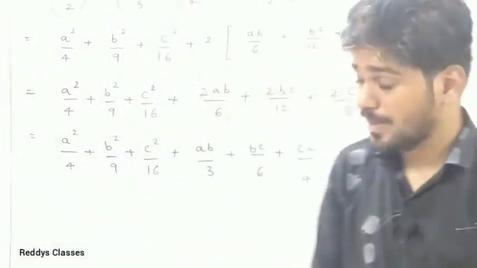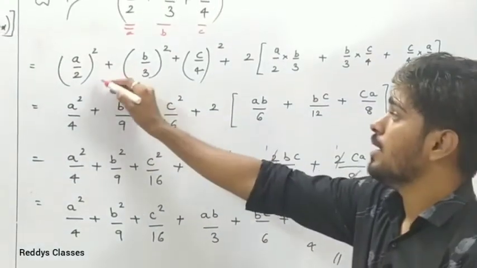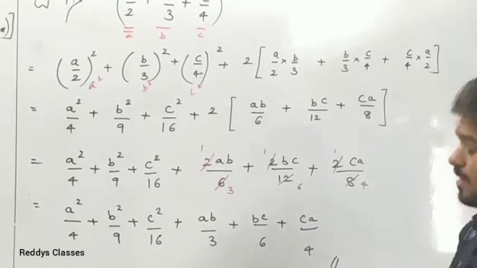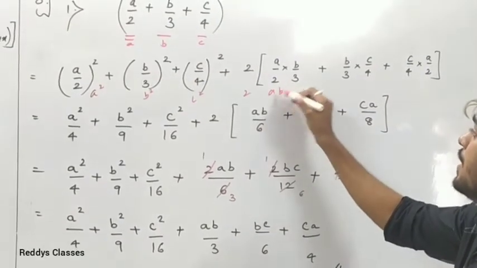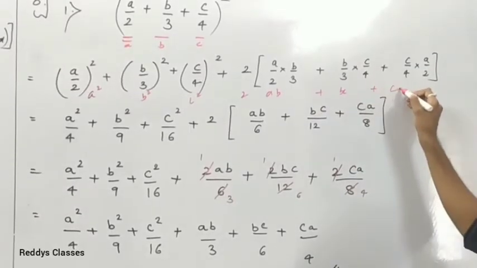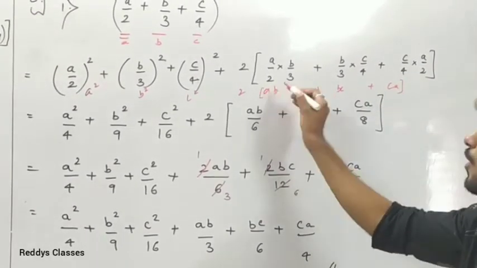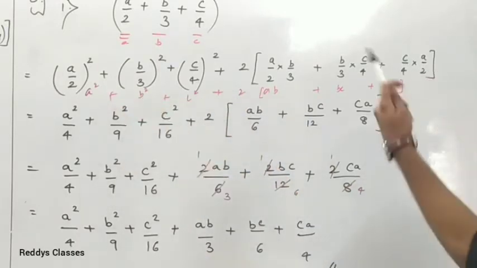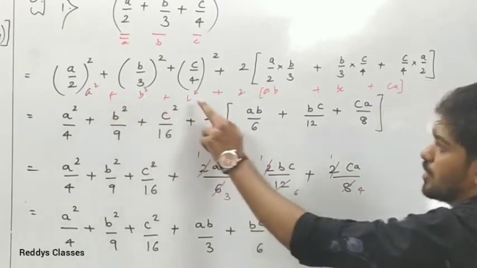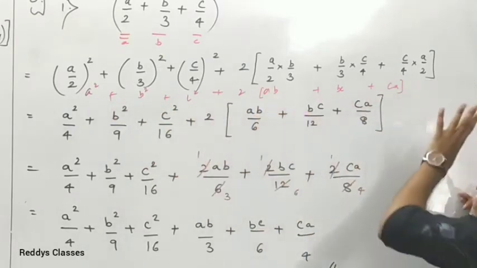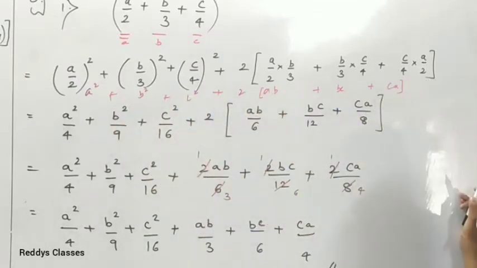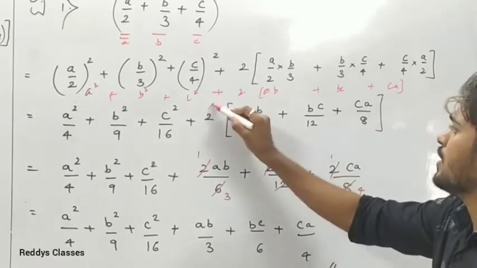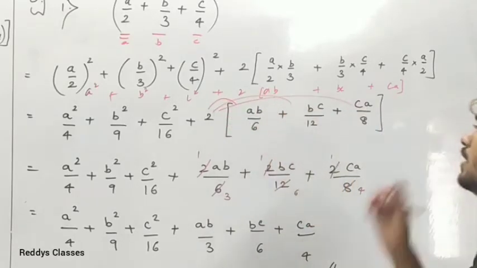Look at here what has happened here. First of all, we use the formula for a square plus b square plus c square. Then we have 2 into ab plus bc plus ca. Okay, this is the actual formula that we used here. Always we use this formula for fractions also, the same formula, a square plus b square plus c square plus 2ab plus bc plus ca, and so on. We solve one part of it here. As we come here, you can see this 2 is going to be multiplied with all the terms, for this term also, for this term also.